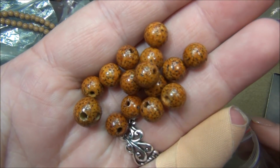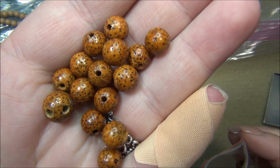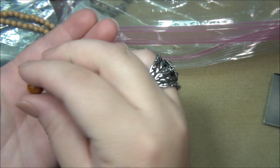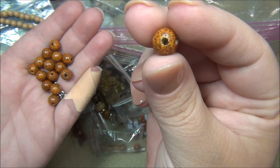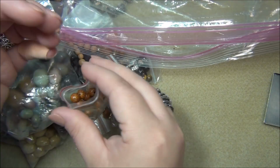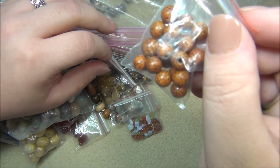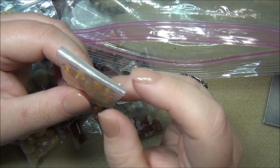But these here, I think this is a palm tree bead. It's made of a palm tree because those little polka dots right there kind of give that away to me. This is a guru bead. There's 3 holes in it, which I didn't notice before. So this was probably on a bracelet. But aren't those cool? Wooden palm tree beads. They have little specks like that on them. Here is more